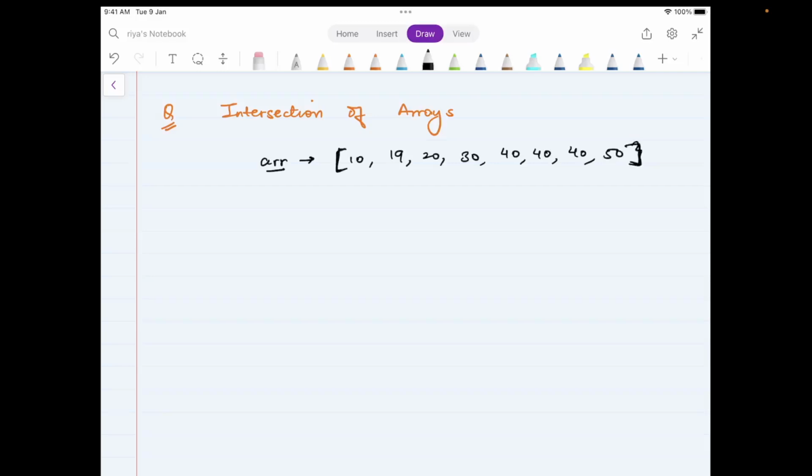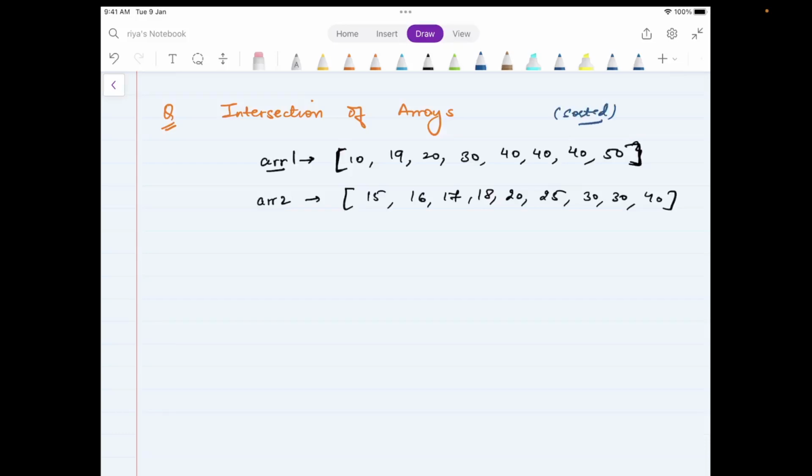And then there is another array also given to you. You can assume both to be sorted